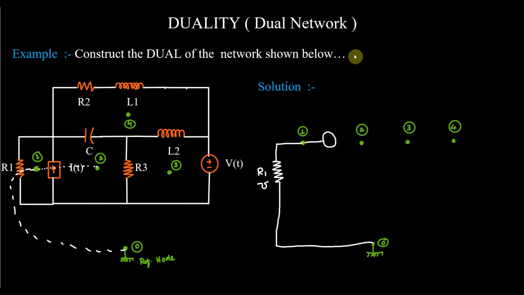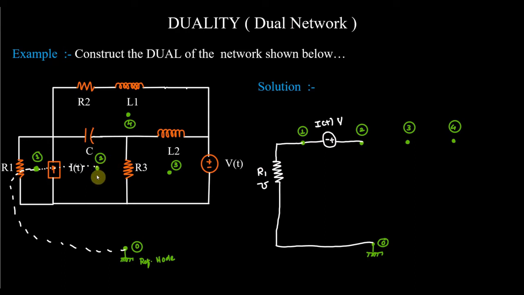So like this. And this arrow is going upward, so it is going in the clockwise direction, so it will be plus minus. Fine. And the value is I of t, so here it will become I of t, and as it is a voltage source, we will write volt here. You can see here this R1 and this current source come in parallel, so when you draw its dual, these two are coming in series. Fine.